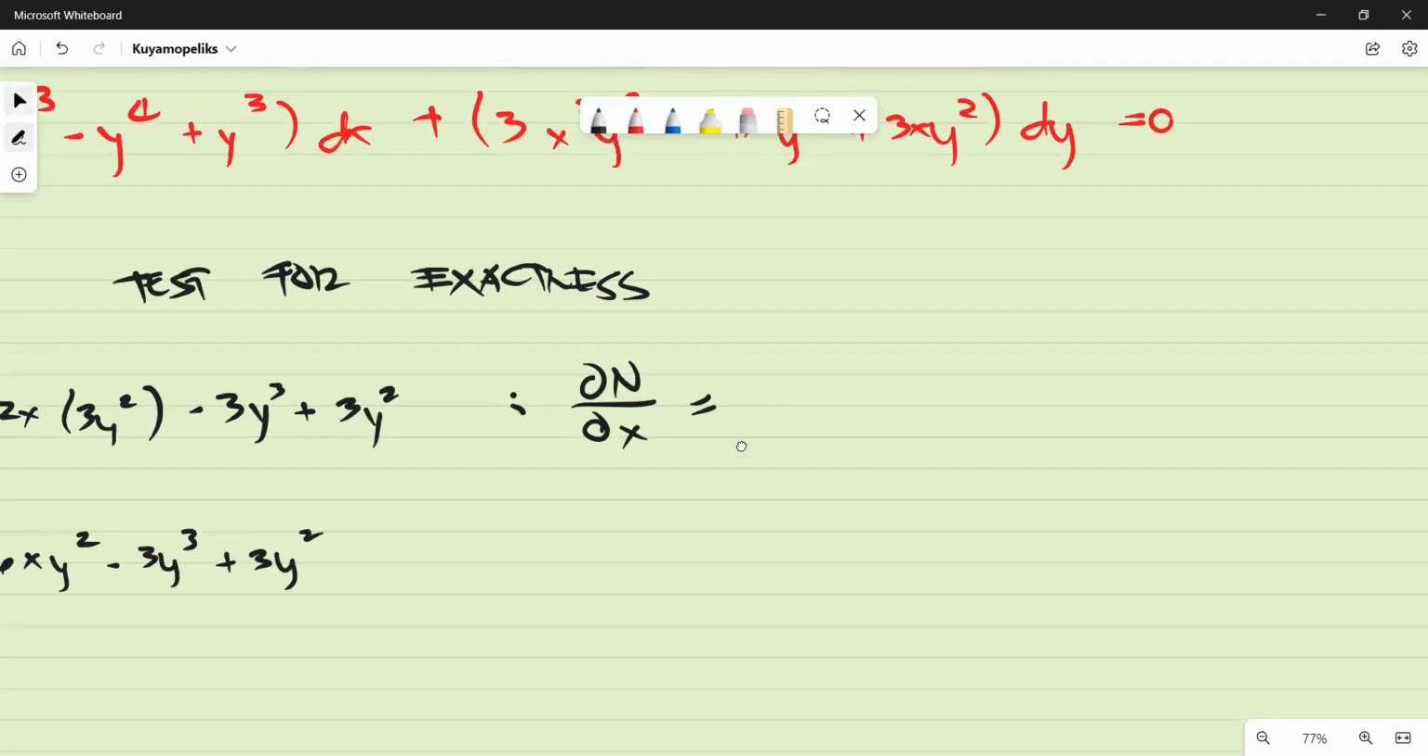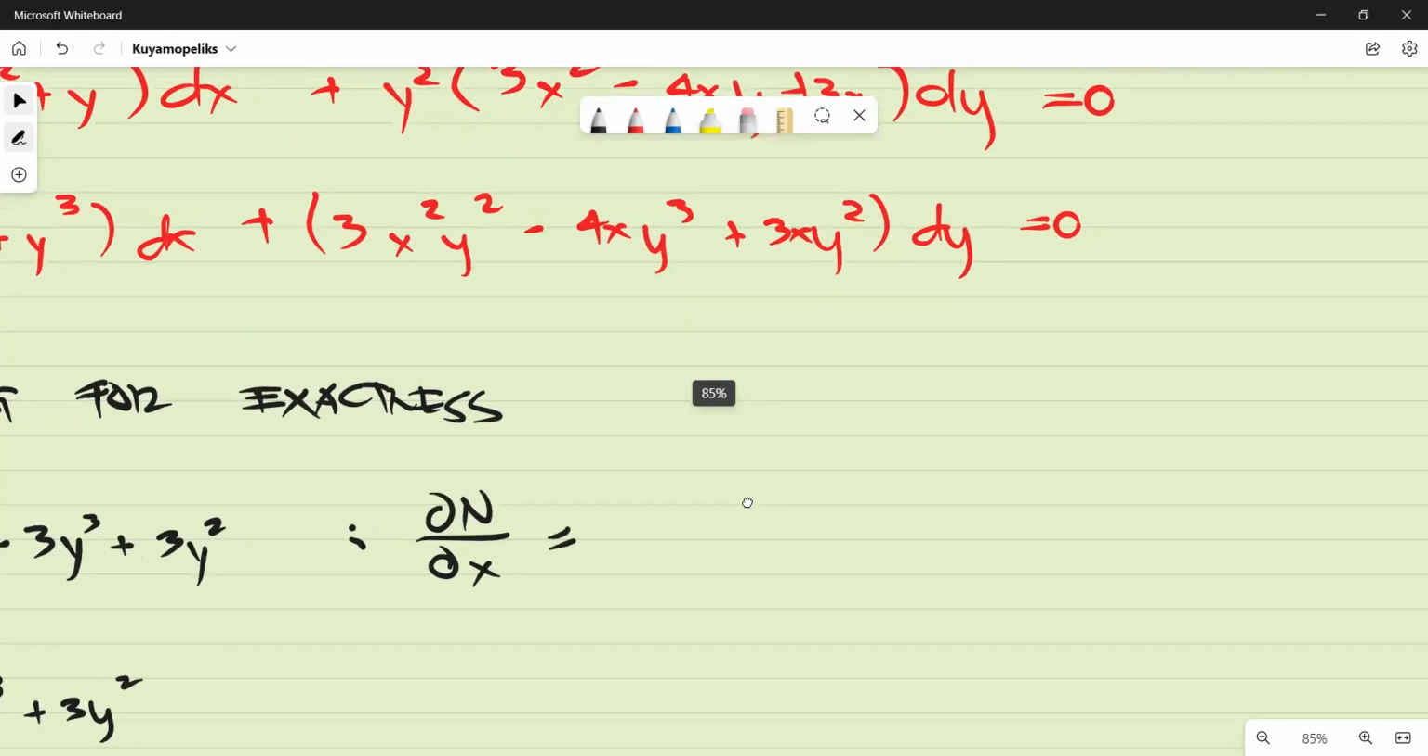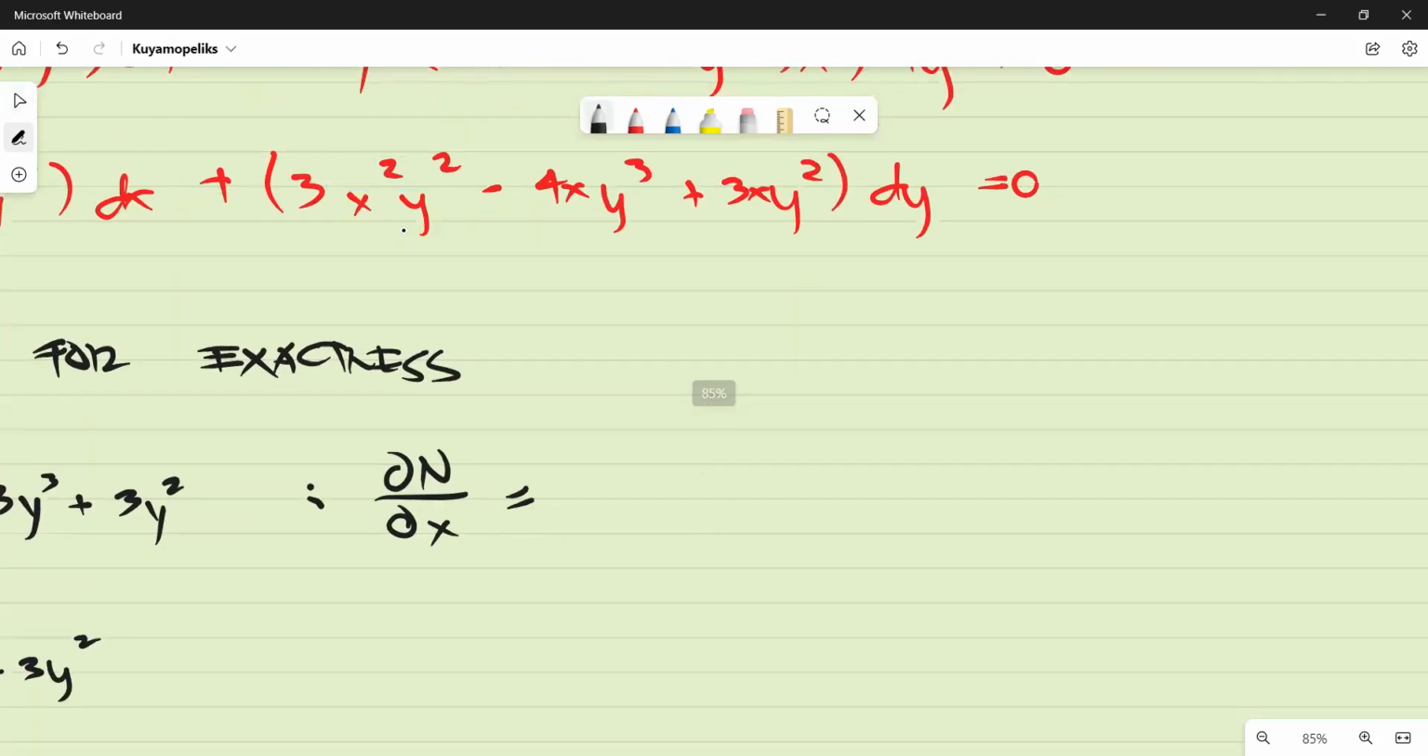And that is equal to, di ba ito yung bagong n natin? So with respect to x, lahat ng y constant. So in terms of x yung gagawin natin, no? So that is 3y squared, lahat ng y is constant. So tinabi ko na siya. Tapos yung x natin ay 2x. Okay? Minus